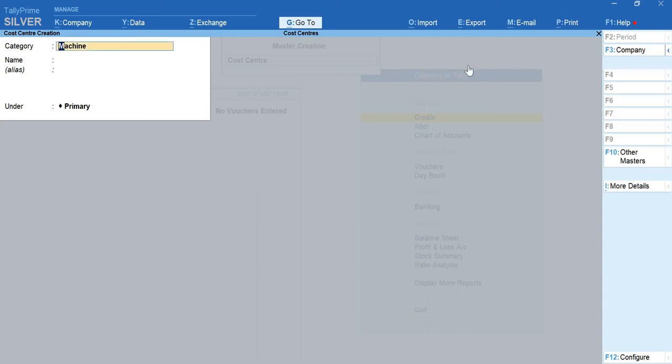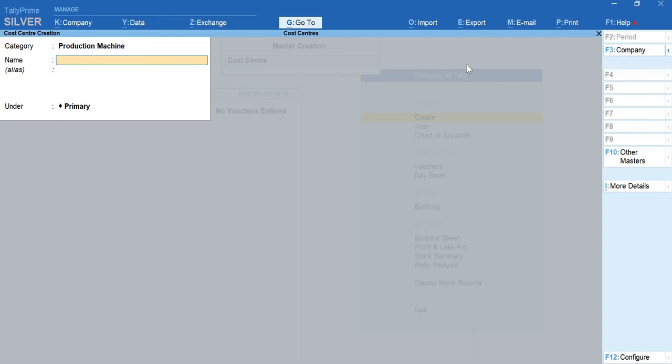Give backspace, select production machine. So under this I'll have winding machine. Accept this. Second I select packing machine. So these are the two I want. So by now I'm done creating the cost categories and cost centers.